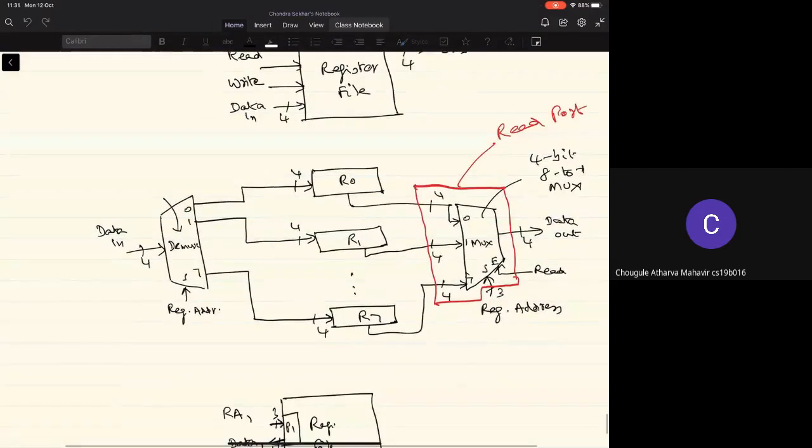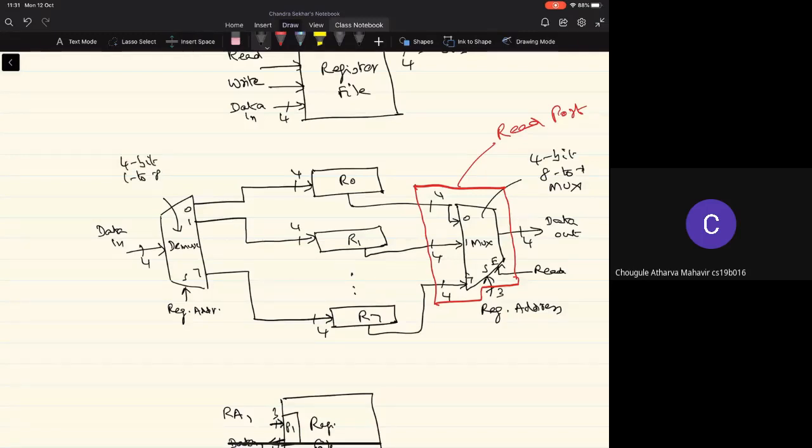Okay. So we see that the specification mux is nothing but a 4-bit 1 to 8 demux, right? And the input lines to the register are nothing but the data lines of the inputs of the flip-flops, right? Yeah. So now this will be called a write port, but will that be enough?